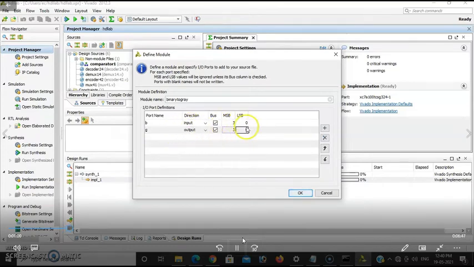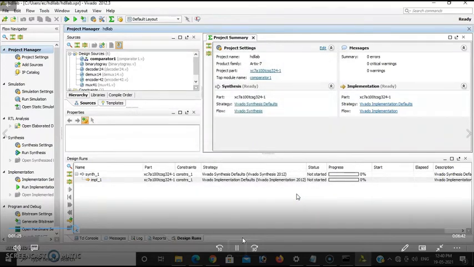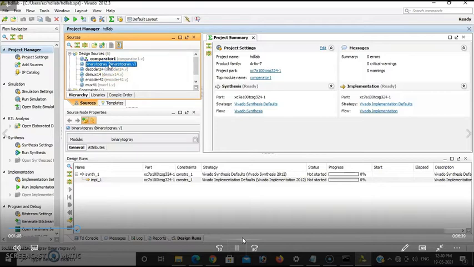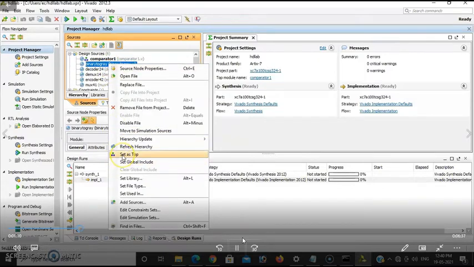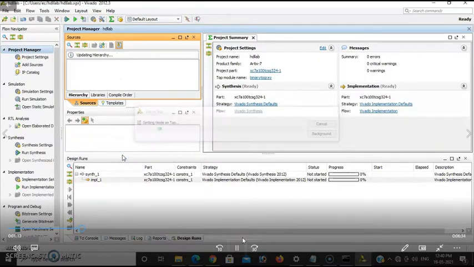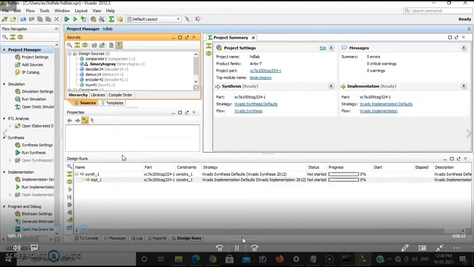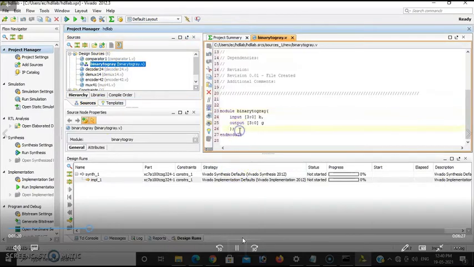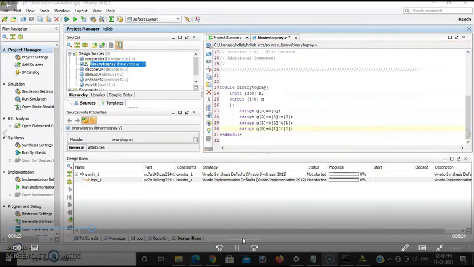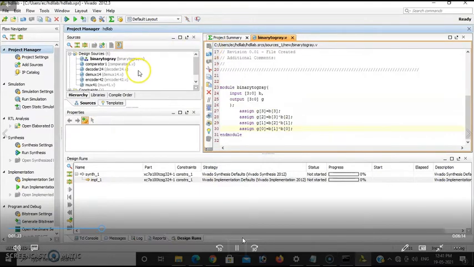So here select lines and enable signals will not come into the picture. So you need to convert the binary to gray. So write the truth table, and design, and you can verify that. Now the skeleton is ready. So binary to gray converter, we have 4 inputs and 4 outputs. So then you need to write an equation, right? So G of 3 will be B of 3, G of 2 will be XOR operation. So I think you know how to convert binary to gray. So let us save the file.